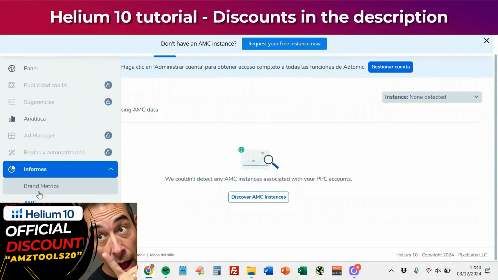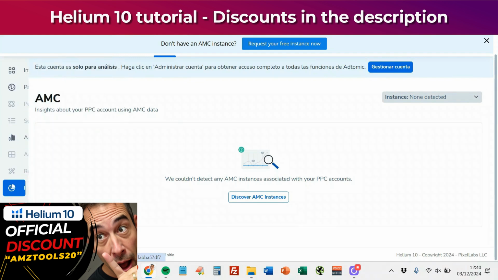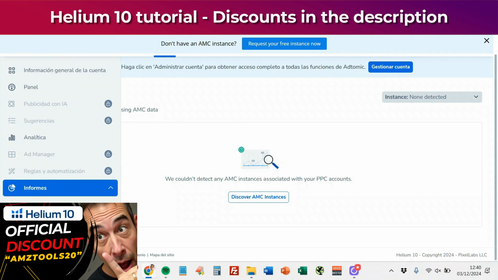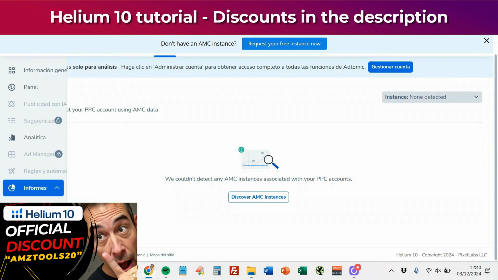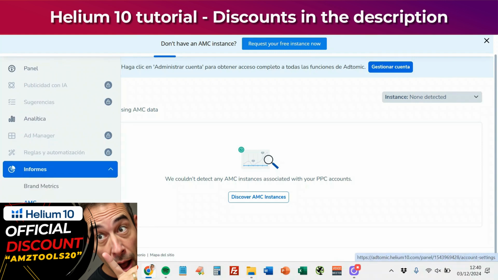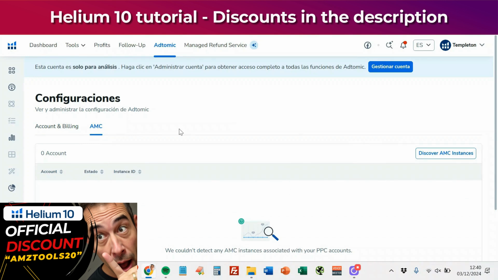Then we have the change log to see the history of changes. And here you would go to the training and resources section, administration and settings department. Training and resources, which is the notion they've set up over ADTOMIC. And then in the settings, here it shows us linked accounts, Amazon Marketing Cloud, and instances in Amazon Marketing Plan. The accounts we have linked, or the Amazon Marketing Cloud we have linked, and the instances that we have created